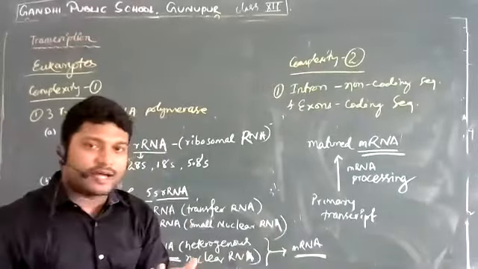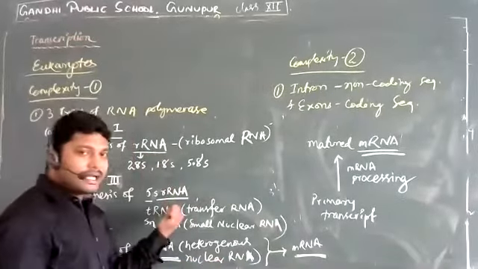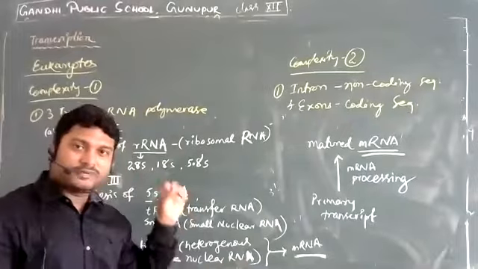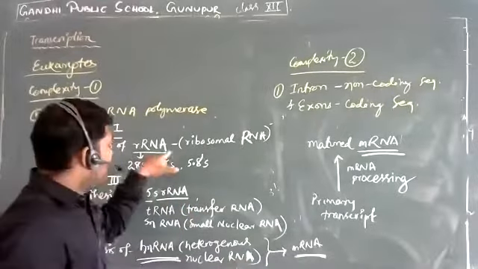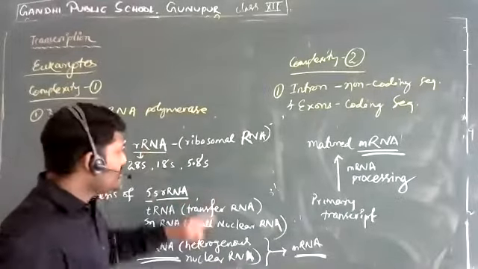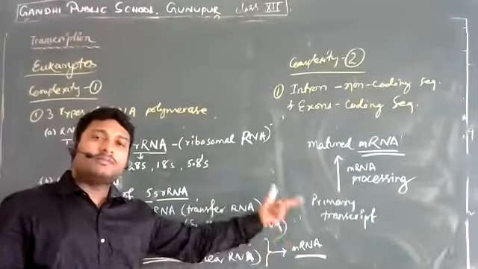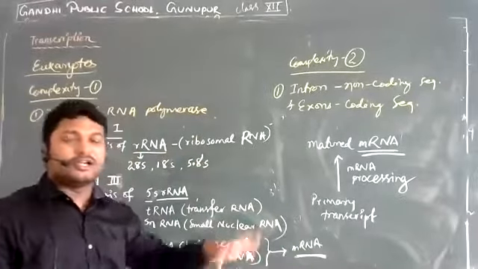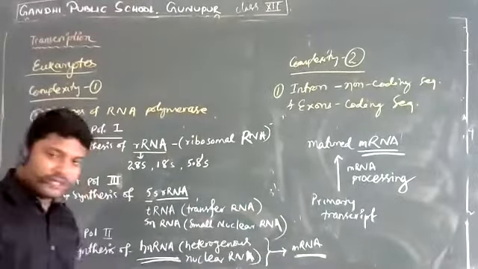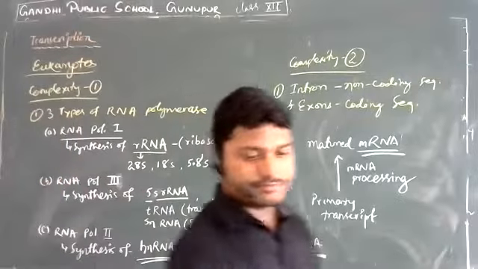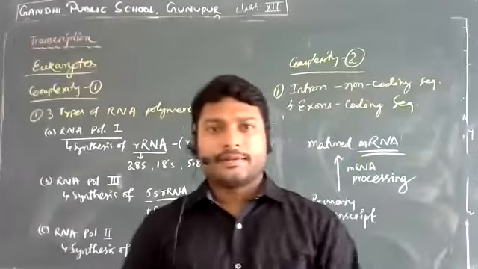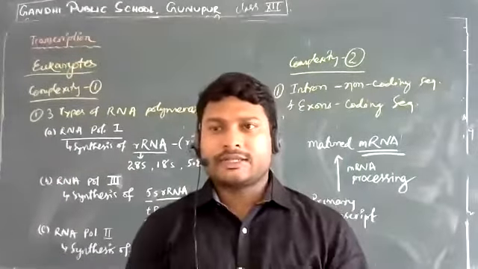So we have 3 types of RNA. By now you understand that. tRNA, transfer RNA, is part of the translation process; rRNA is part of the ribosome; and mRNA, the messenger RNA, is essential for this particular process. So now are you clear, Roshni? Yes, sir. Okay. I hope you are clear with these concepts.